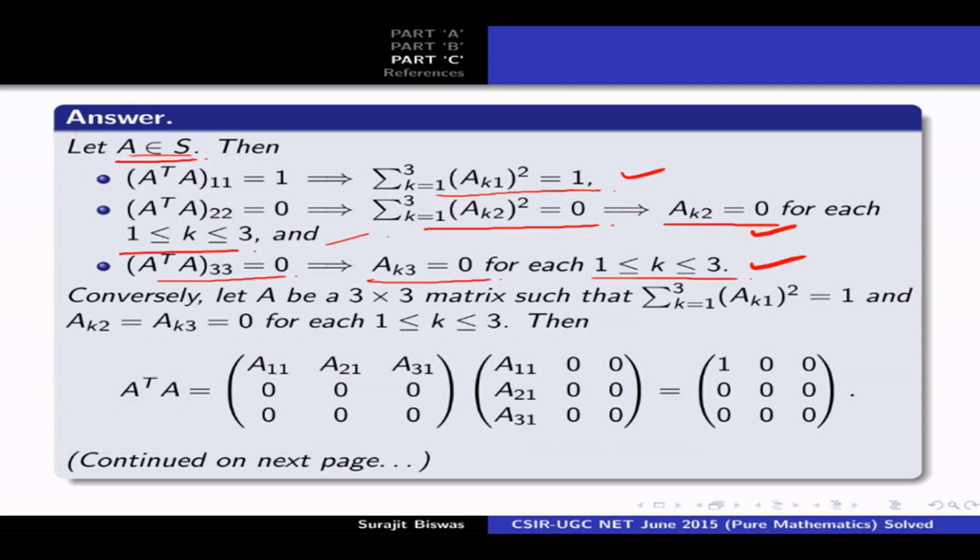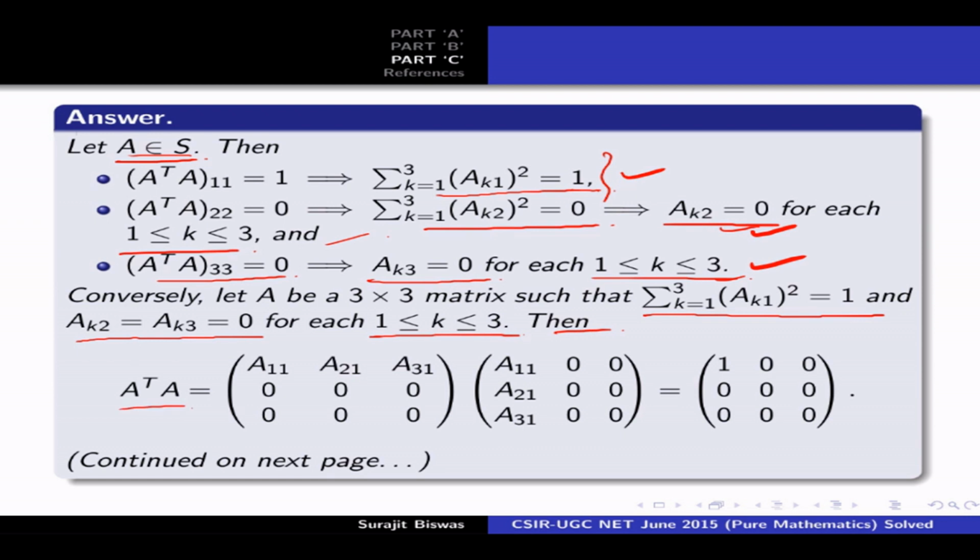Conversely, let A be a 3 by 3 matrix such that this condition holds, the summation over k equal to 1 to 3 of a_k1 squared equal to 1, and the second and third conditions also hold, that is a_k2 equal to a_k3 equal to 0 for each 1 ≤ k ≤ 3. Then